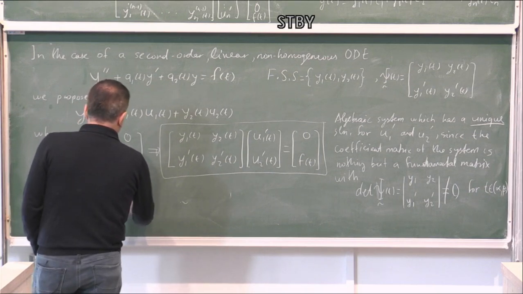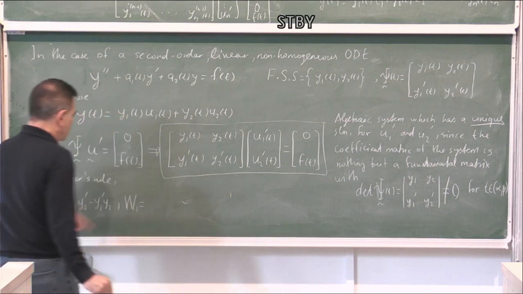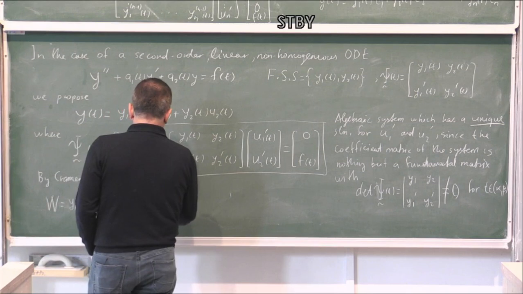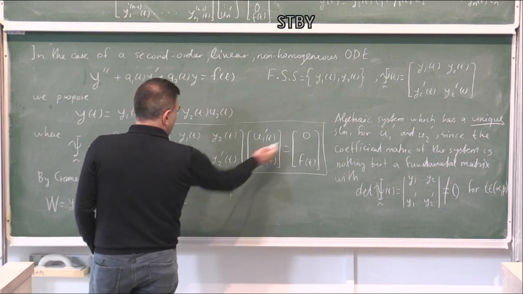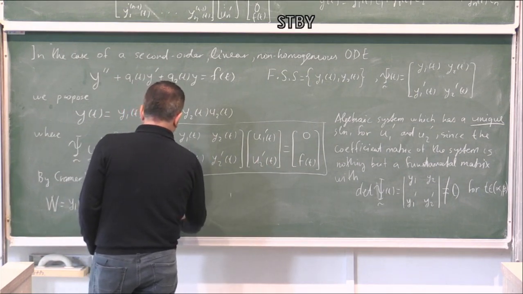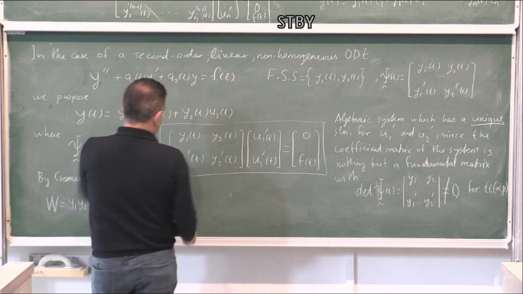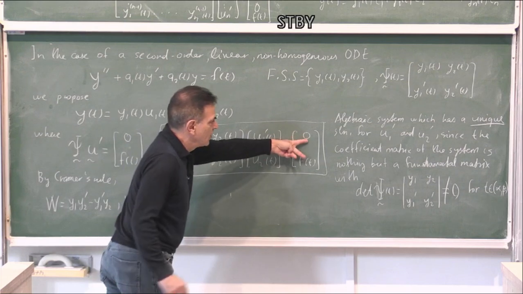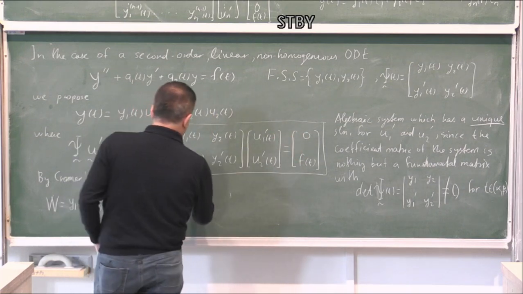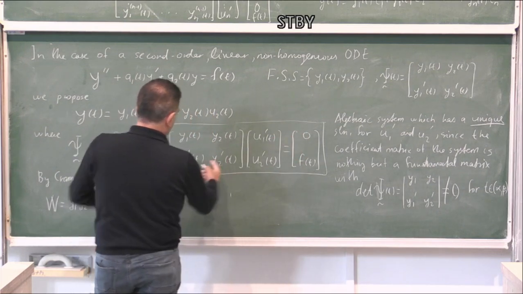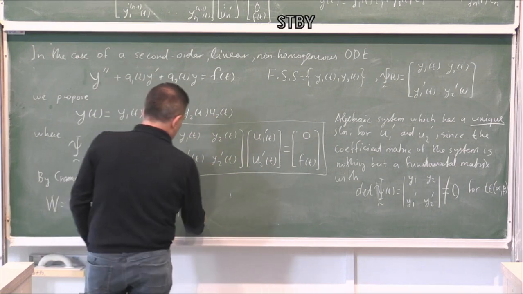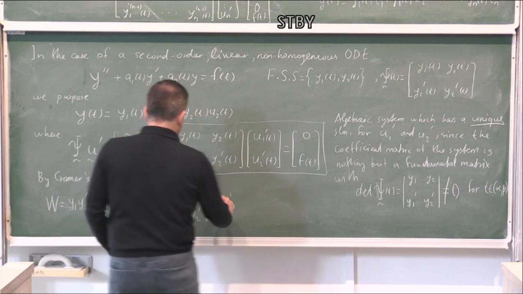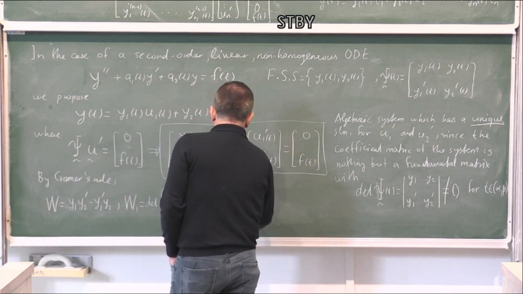By Cramer's rule, we also find the determinant of another matrix, omega 1, which is the determinant of this matrix, 0, f of t. First column of the fundamental matrix is replaced by the right-hand side column vector, and the second column of the fundamental matrix remains unchanged, y2 prime. So this is minus y2